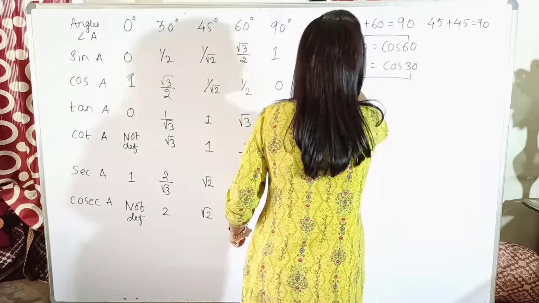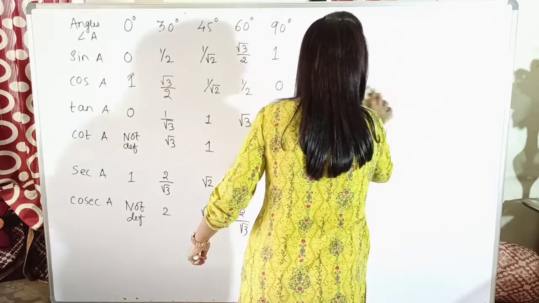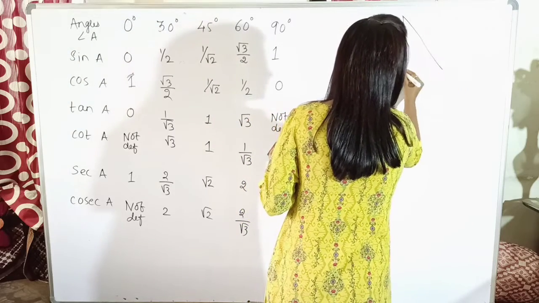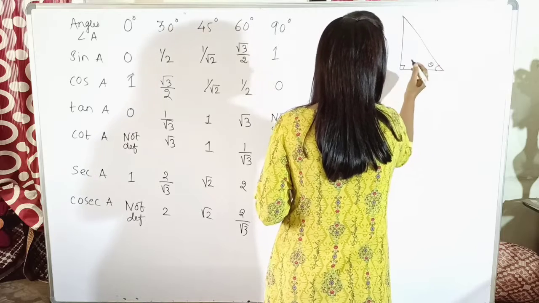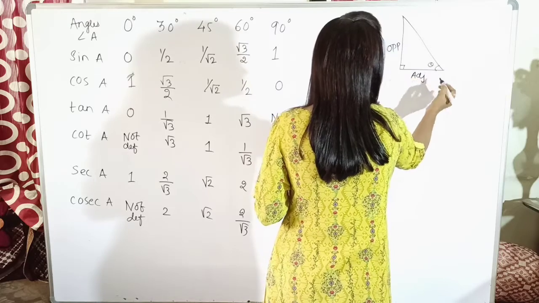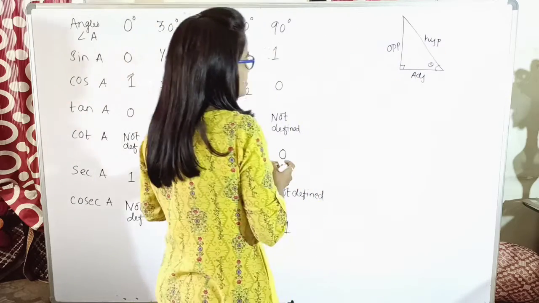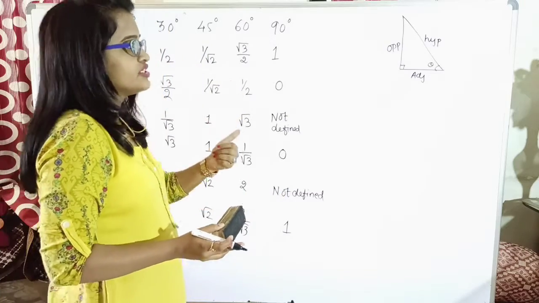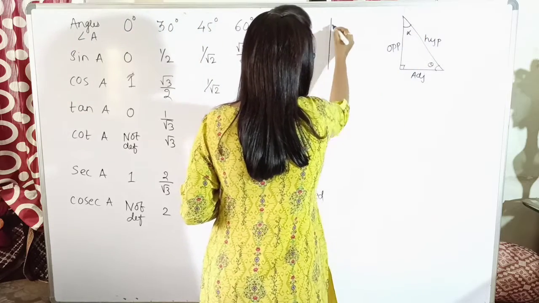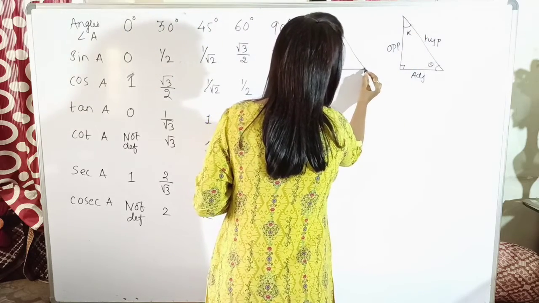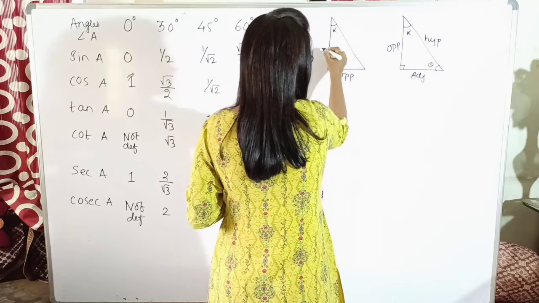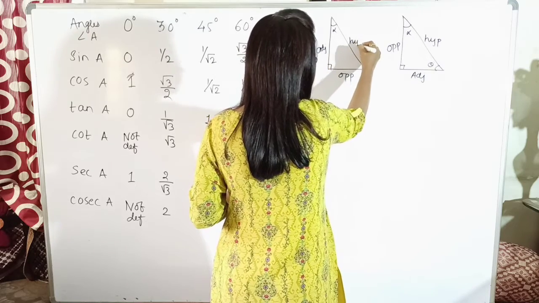Let us come back to our same triangle in which we had considered the reference angle to be theta, isn't it? So this is my triangle. This angle I have taken as theta. This was my opposite side, this was my adjacent side, and this was my hypotenuse. With respect to theta, opposite, adjacent, hypotenuse; let us consider this other angle to be alpha. Now, with respect to alpha, which is the opposite side? This is the opposite side, and this is the adjacent side, and the hypotenuse will remain the same.